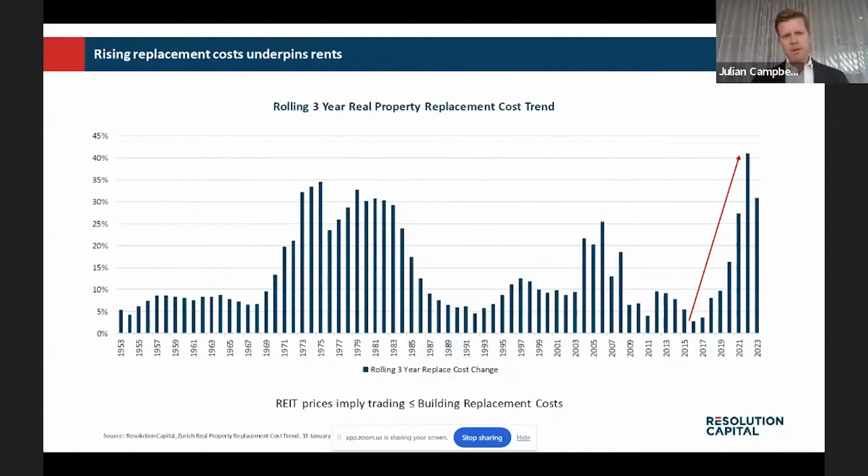And this is probably one of the most important charts and dynamics in terms of real estate invested and listed real estate at this point in time. And that's been the significant increase we've seen in replacement costs, which have increased 30 to 40% over the last 4 to 5 years. So a significant increase in physical construction costs, and this we're showing you in terms of the US. And that means the threshold for new development, the economic rents needed to justify new development are that much higher. And we're already seeing the economic impact of this, slowing the new development starts, and that will underpin the returns for the sector over the next 3 to 5 years while these dynamics persist.